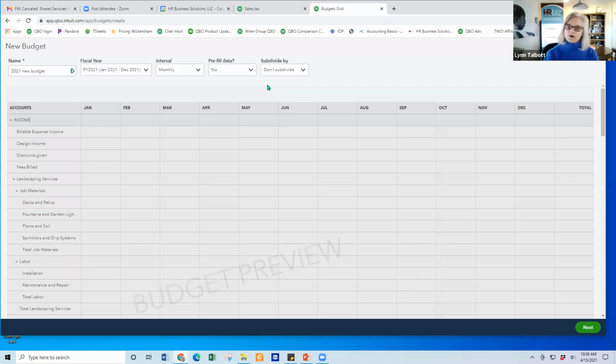Now that's a lot of work if you have a lot of chart of accounts, which a lot of you do. If you have 100 or 200 chart of accounts, you're going to have to enter those every single month. That's a lot of work. So I would tell people to opt to go ahead and fill in the actual data from maybe the previous year, and at least you'll populate what was there, and then you can go in and change it from there, manipulate it from there. So I'm going to ask it to pre-fill data from 2020, and let's see what,